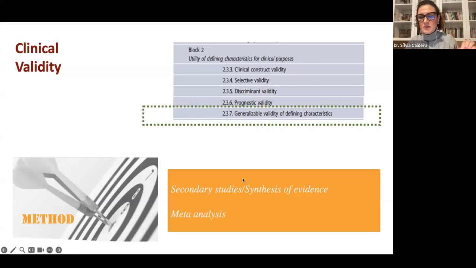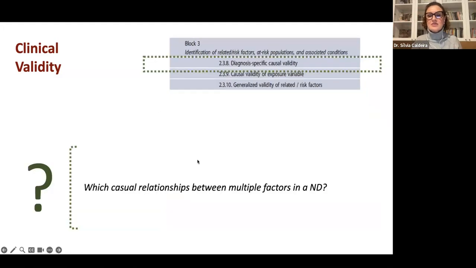So this could be done by secondary studies or synthesis of evidence. We are now almost at the top of the level of evidence with a literature review, meta-synthesis or meta-analysis: meta-synthesis for qualitative, meta-analysis for quantitative studies. And we are here at the top of the level of evidence. This is quite interesting. Moving into block 3, and I'm almost done because I'm on time,